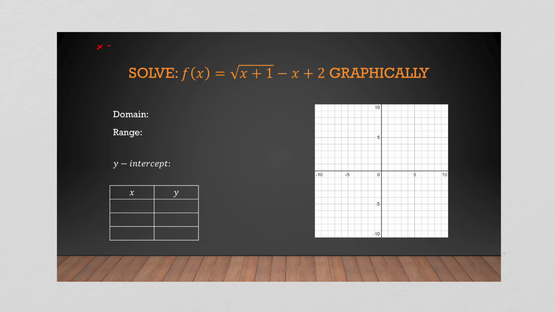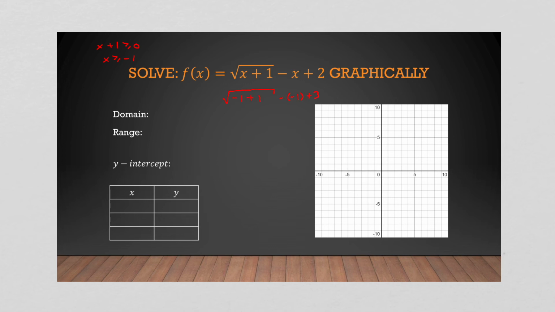So for our domain, x plus 1 has to be greater than or equal to 0, so x has to be greater than or equal to -1. So we know that right off the bat. And when x is -1, what do we get then, right? Because that's our leftmost point on our graph. So when x is -1,